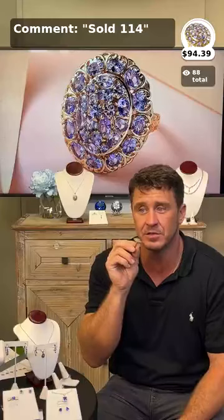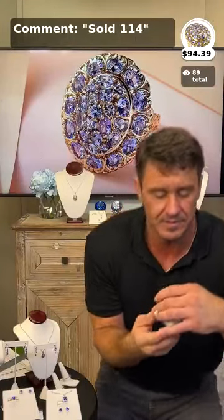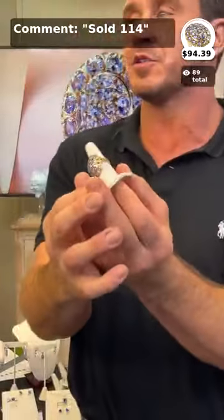How many do we have? Because we've only got it available in size 7 and 8. 6 is sold out. We've got 7 of these. Extremely limited. So, got a nice finished gallery underneath. This is sensational. But again, you've got that mixture of platinum